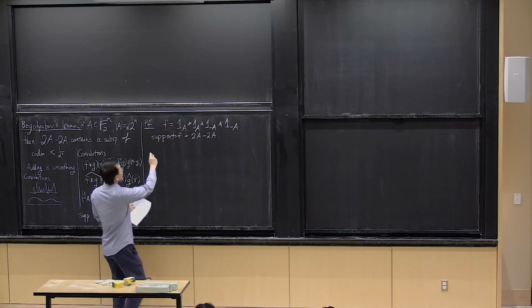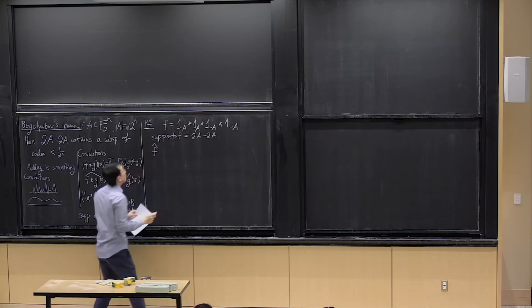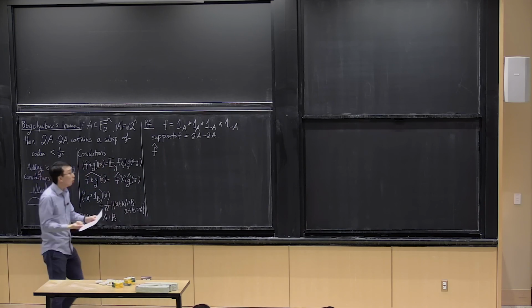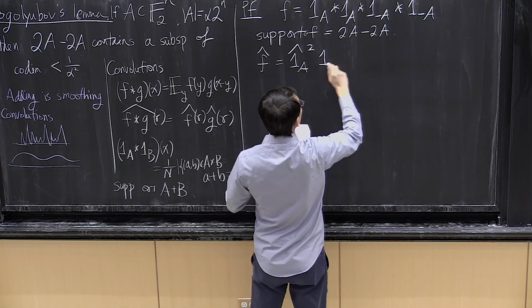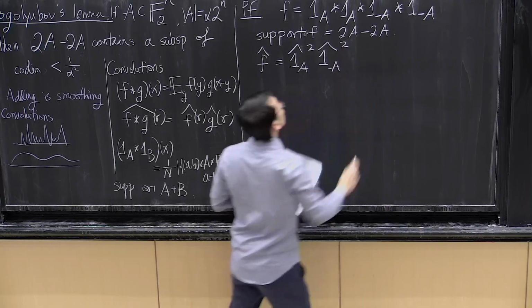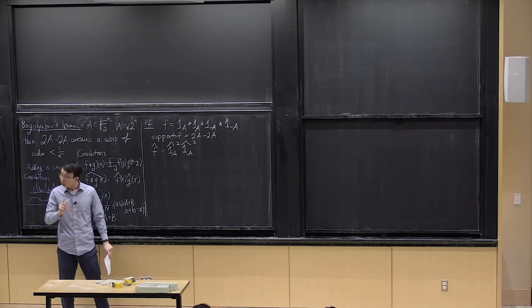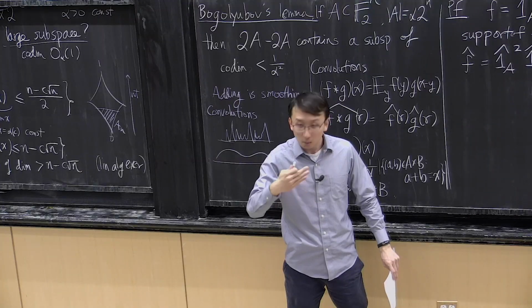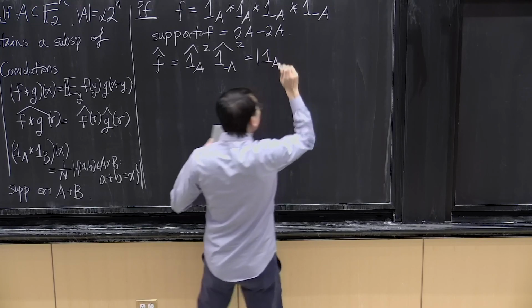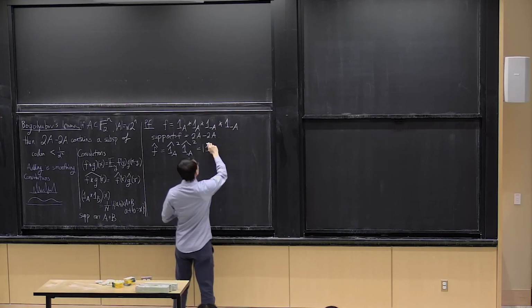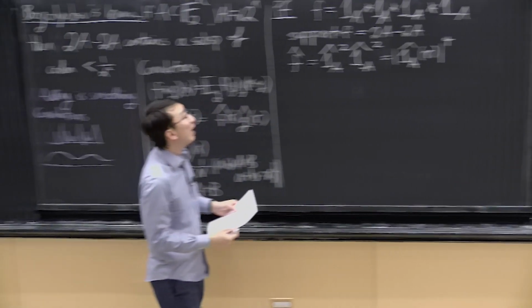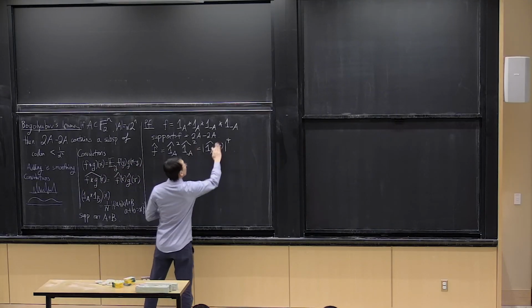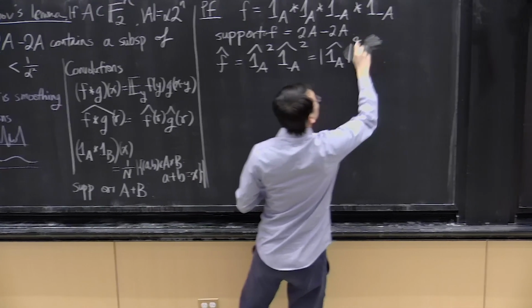It's not too hard to evaluate the Fourier transform of f, because the Fourier transform plays very well with convolutions. In this case, it is the Fourier transform of A squared, times the Fourier transform of minus A squared. The Fourier transform of minus A, if you look at the formula, is the complex conjugate of the Fourier transform of A. Again, in F2 to the n, they're actually the same, but in general it's the complex conjugate, so we always have this formula here.